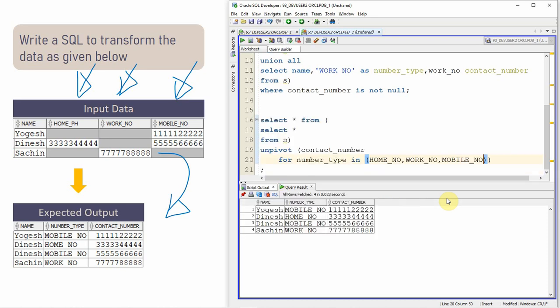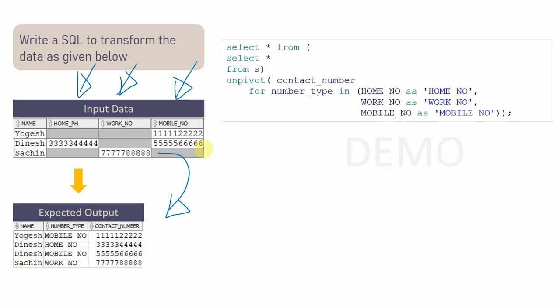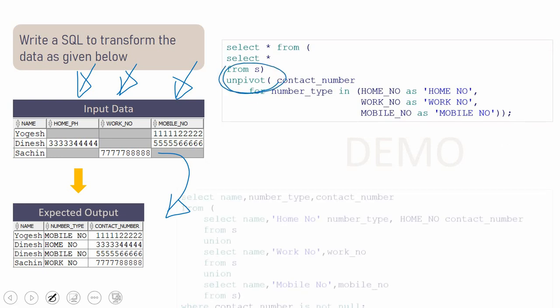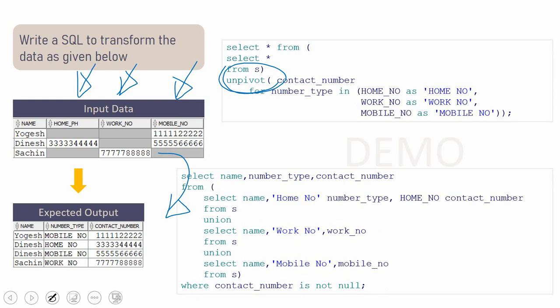Yeah. Now if you see, this query is much more efficient than the previous query, because in this query we are accessing the table once and we are just transforming the information. So here is our second method of implementation using the unpivot clause, a much more efficient way. Here is the first method. If the table is very small, this method is also fine, because if the table is small it is not going to affect the performance. However, if the table is big, I would suggest you consider the unpivot clause, because we are going to access the table just once.